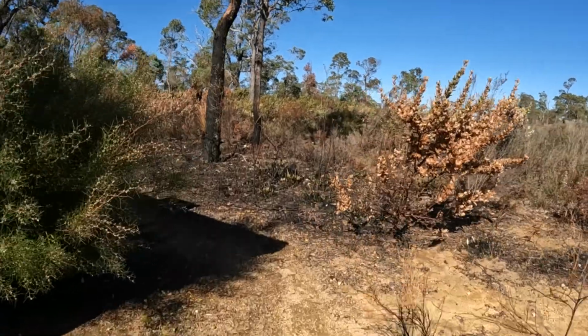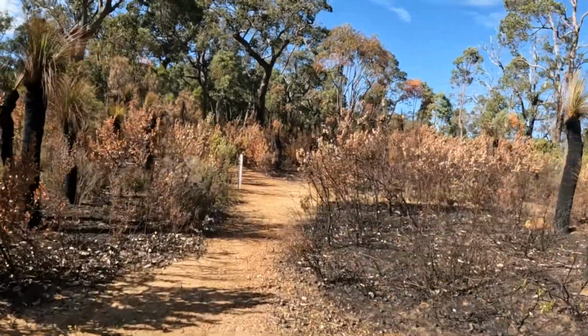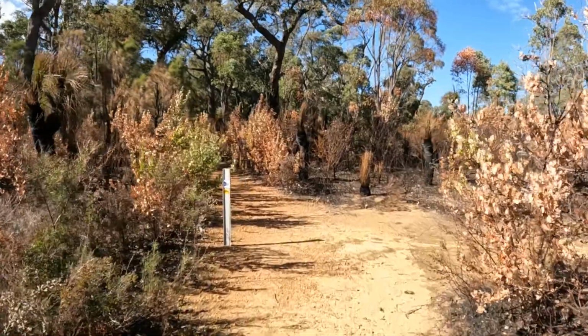Yeah, so you can come drive up here for the day. I don't know what the track's like. And this is where we'll start the next section from, so we'll work. That's one thing about going out to Beraking. We're gonna have to redo,